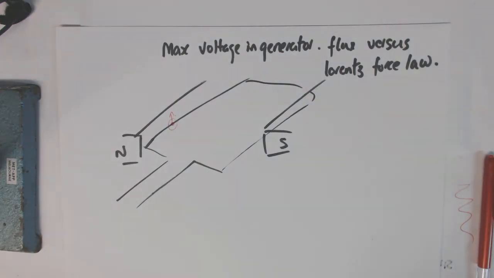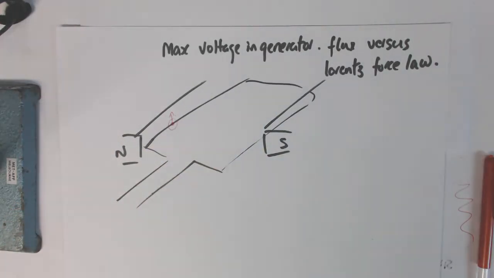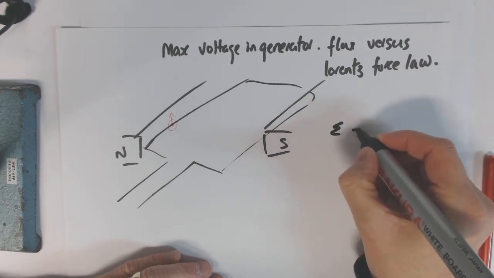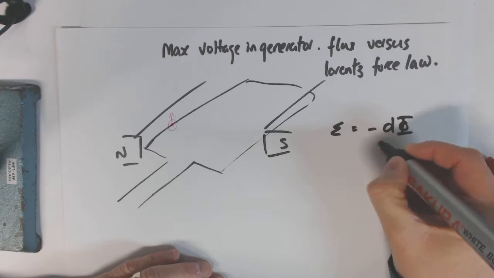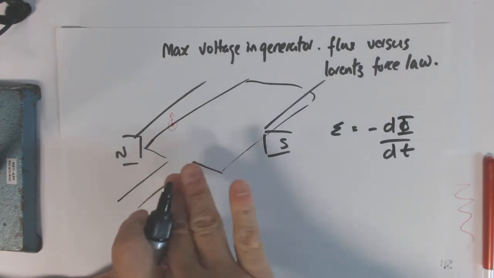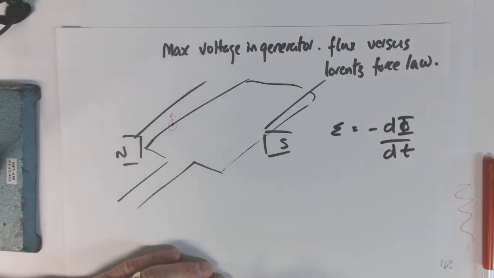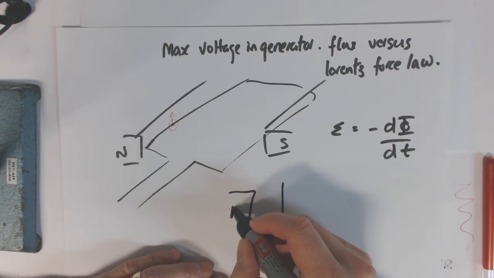But from a flux point of view, this coil is spinning, and from your Faraday's law, you've said that E is equal to minus d flux over dt. So the rate of change of the flux over dt is maximum in that horizontal position, compared to the fact that when the coil is vertical between the two fields,